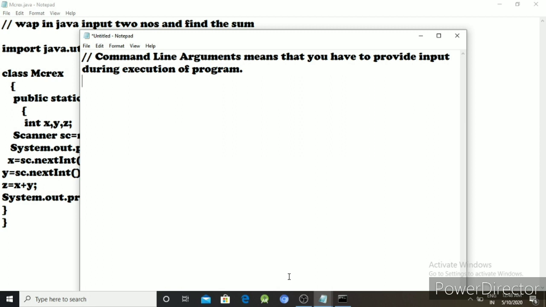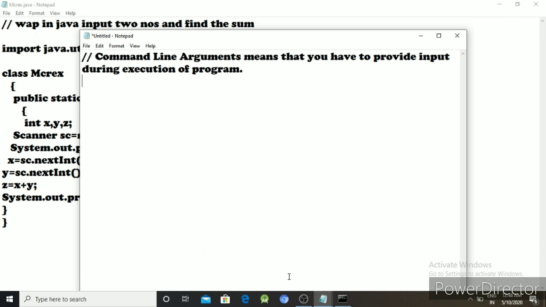So we have to use the command line argument. That means how to use the command line argument and find the sum of two numbers. So what is the method to use the command line argument? So first method is scanner class, and what is the scanner class and how to use it.